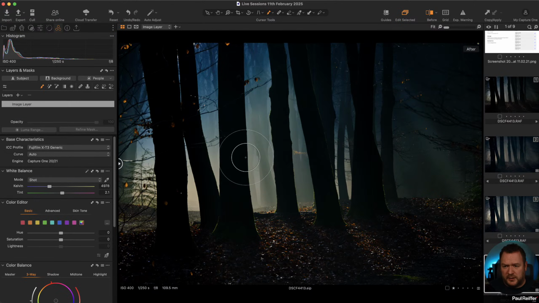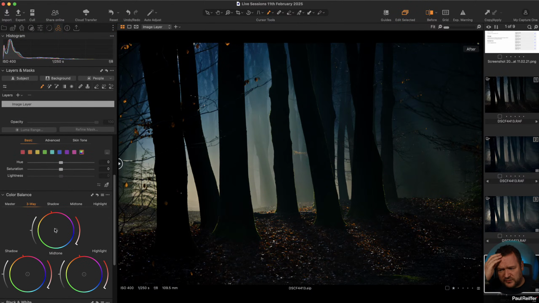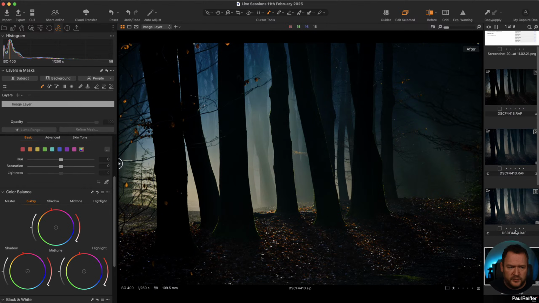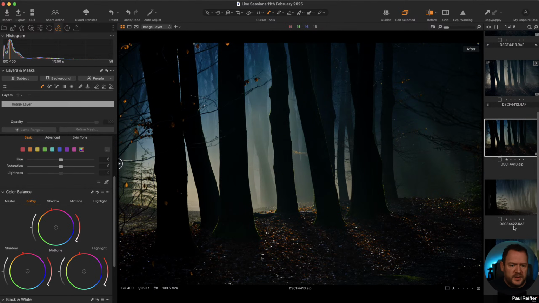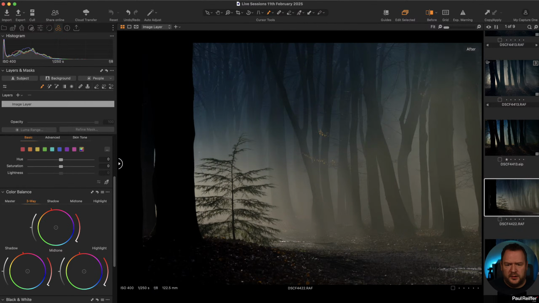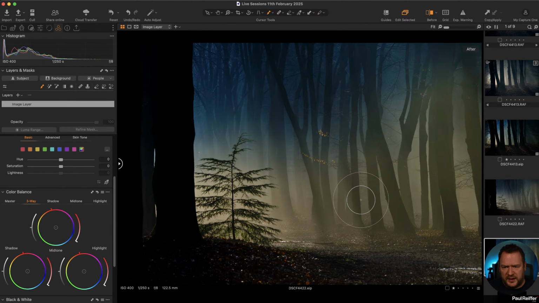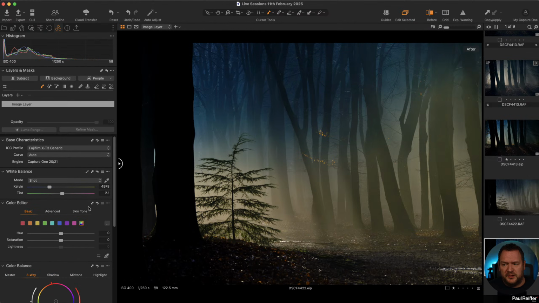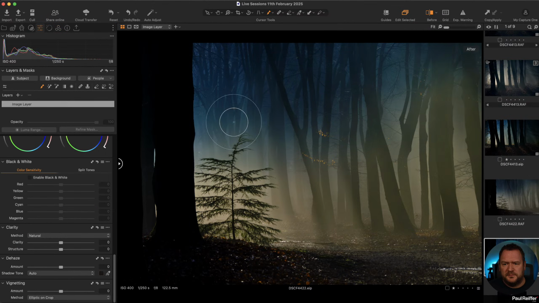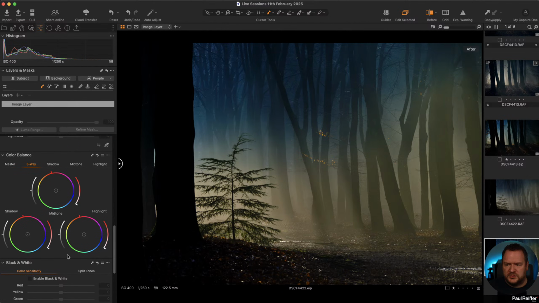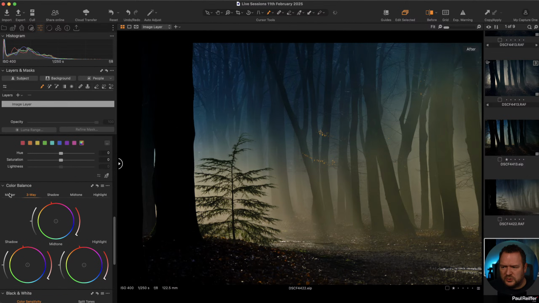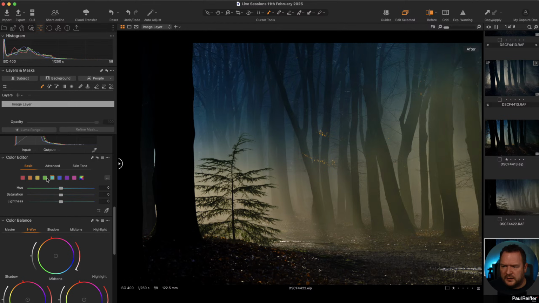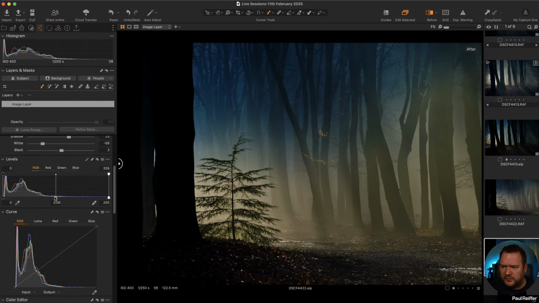This one just has a color grade, and the grade is just too much of a shift. It's not really working for me. Same could be applied to this one. So here was the original one. Here's Martin's edit. I get the colors. If you want to add the colors in, there's no problem with doing it. But just bear in mind that you're losing some of the atmosphere by trying to add in some color change in there. And I'm not entirely sure where that color shift has come from, if I'm honest.